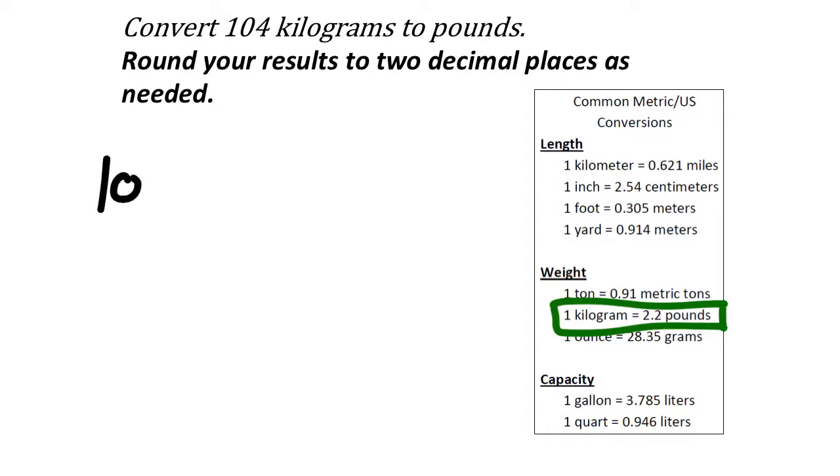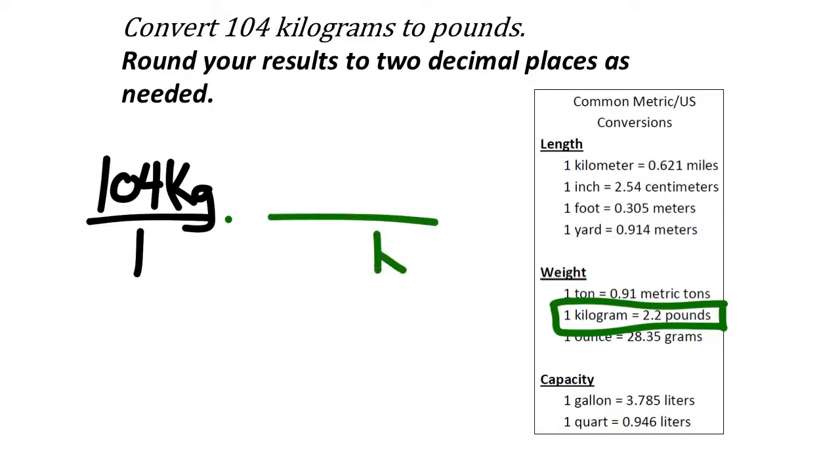So we start with 104 kilograms. And I'll make it over 1 because we are dealing with fraction multiplication in dimensional analysis. Multiplied by, well, I need kilograms in the denominator, so it cancels. And then I'll put pounds in the numerator. And yes, I'm not using LBS because it just kind of looks weird. Okay? I'm not going to write the whole word pounds out because not only time, but I'm a lazy math